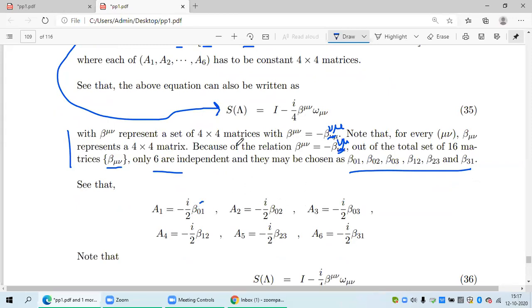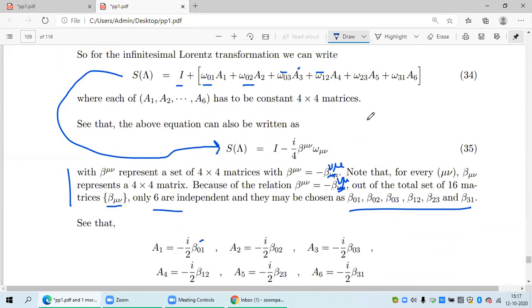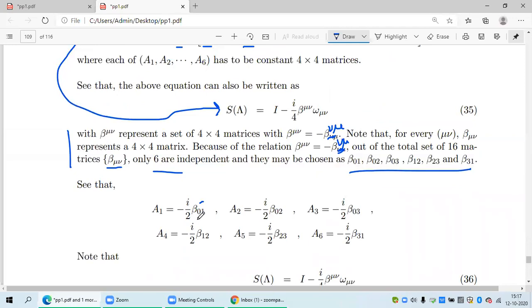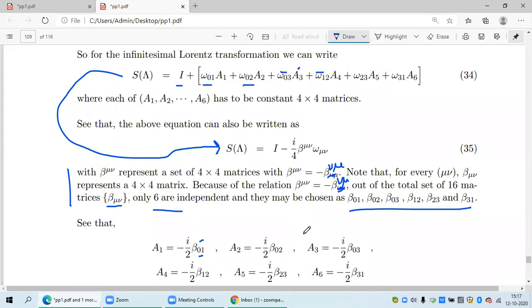But the point is, if you write all these 6 A's by a symbol where these 1 to 6 are written by this combination of indices like 0,1, 0,2, 0,3, 1,2, 2,3, 3,1, then using this repeated index symbol, I can simply write this